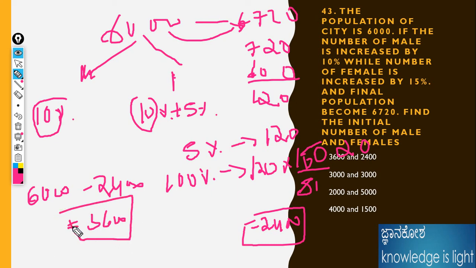Isn't it easy compared to this one? Anyway, we are taking the difference between the final value and the initial population, 720, because of the minimum 10% from both of them, for the initial population 600. What is the difference of that number? What you have taken 120, so the remaining 5% is 120. Then 100% of that number, that is the female. Then find out the remaining number with respect to that initial population, that is 3,600.